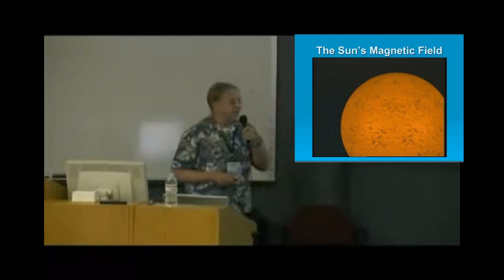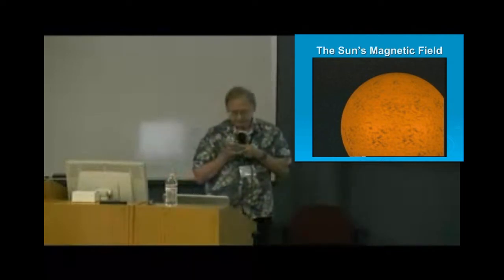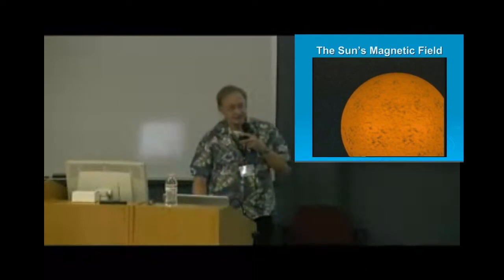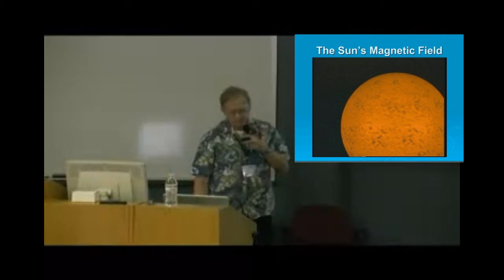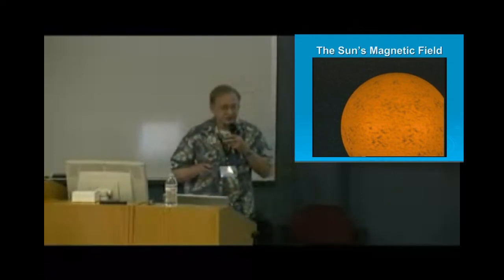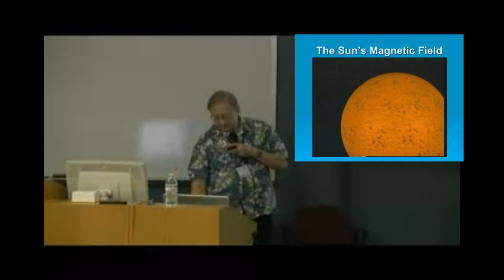So the result is a very jumbled up, messed up magnetic field. But nonetheless, plasma moving in magnetic fields gives off radio waves and other forms of electromagnetic radiation. In some places, the magnetic field gathers together into a concentrated area of magnetic field, and sometimes that results in sunspots,